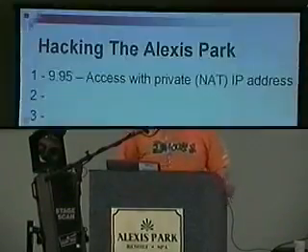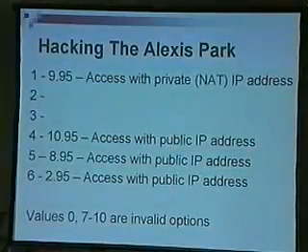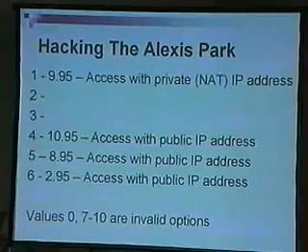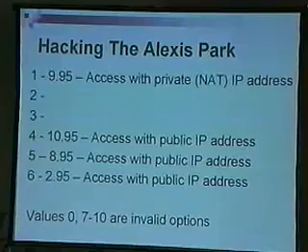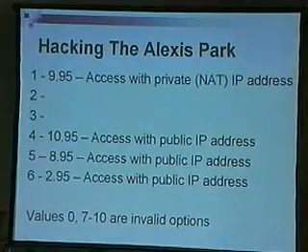The access is slower, but it's an option that's available, but they just don't present it to you. So all you have to do is actually view the source, change the option of whatever you're going to select, and then save the HTML file on your desktop. Make sure all your browsers are closed, and then just open up that file that you saved with the edited option, and just say, I want to connect. And if it's option 6, it'll do $295. I have a sneaking suspicion 3 is going to be a private IP address and might just be $195. And the speed is just fine if you want to check your email and not have to pay $10 every day.